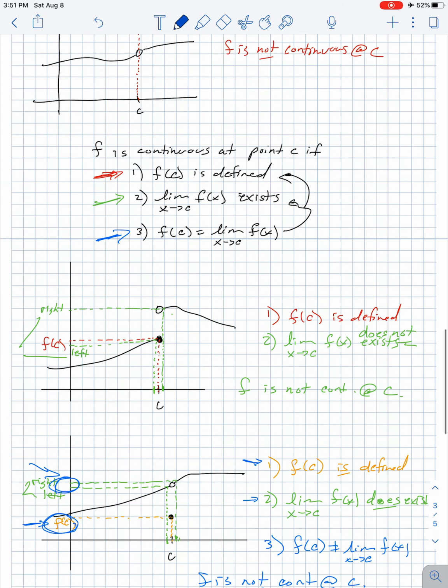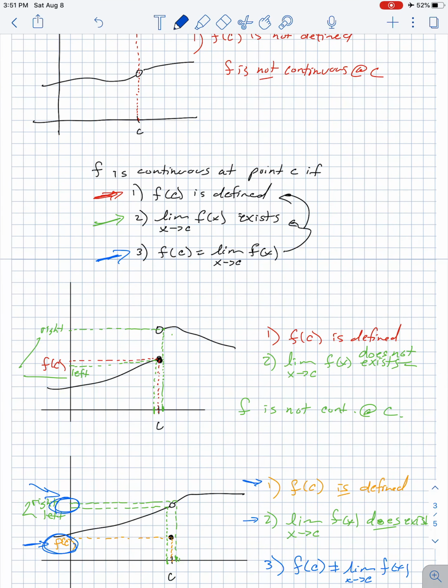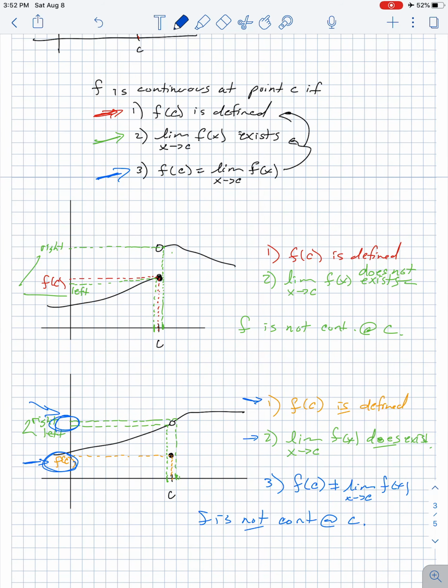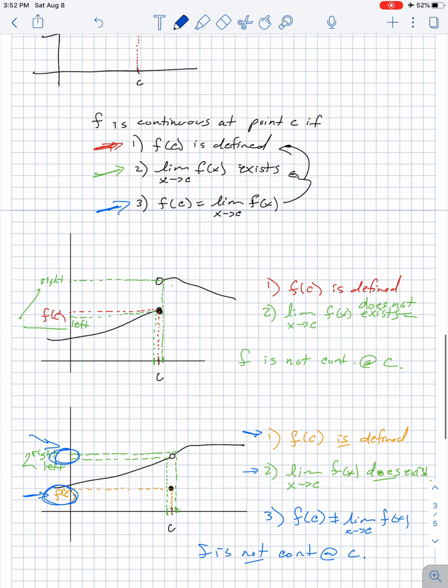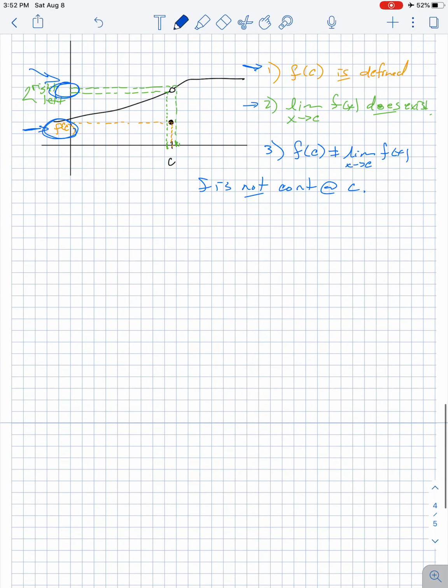So all three of these graphs that we looked at are not continuous, but they fail in three different ways. Okay? And so some of your homework will ask you to look at different graphs and say, where does this fail? Why does this fail to be continuous? And what they're looking for is which part of the definition doesn't work here, basically. Okay? Now, there's three types of, what we call these things are discontinuities. Okay, so it's continuous or it's discontinuous. There are three kinds of